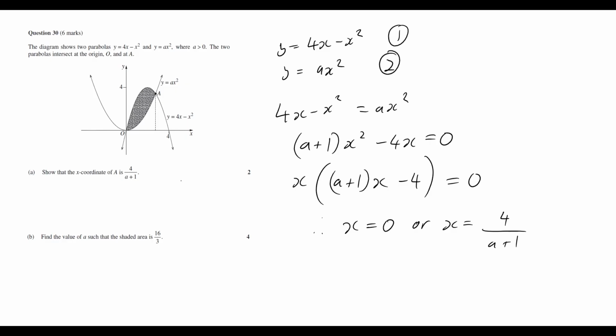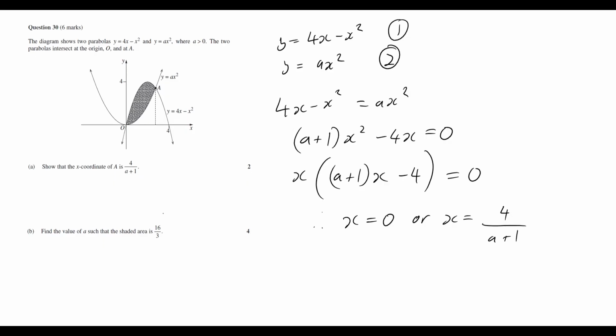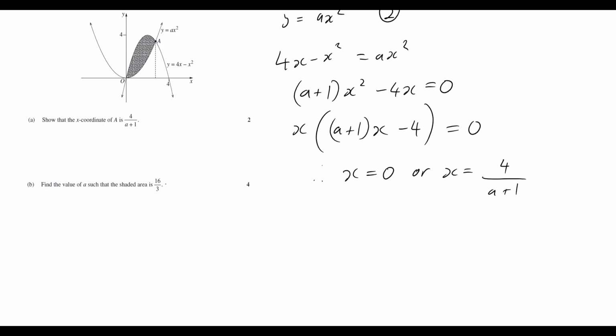Okay, so now for part B. Find the value of a such that the shaded area is 16 on 3. Okay, so we know that to find the area of this section here, we're going to be using integration. So we can say that A, the total area, is going to be equal to the integral from 0 to that point there, 4 over a plus 1,